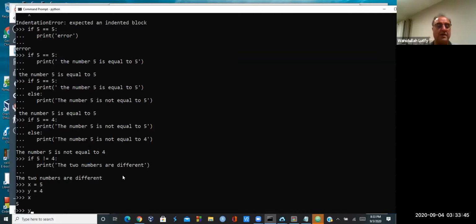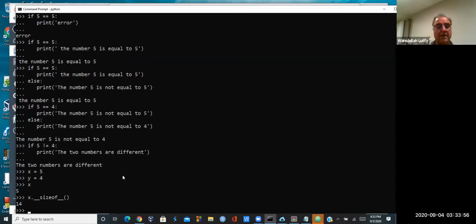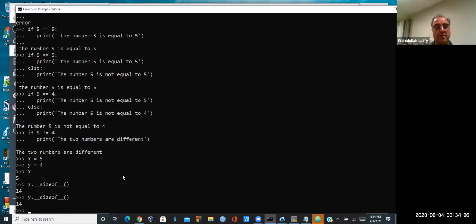And for the storage in the computer, normally there's a data type for it. So x.__sizeof__() is going to show you the size of that in bytes, the number of bytes that it takes to hold x. And the same thing for y is 14 bytes long. So if I just say name is equal to the variable in Wahid, this one by itself, one character, as a string,